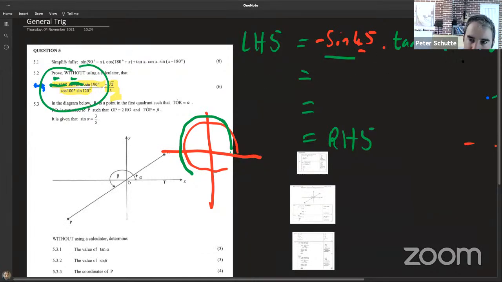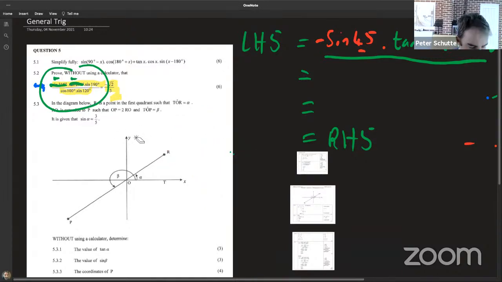And then what is the bottom part going to be? Cos of 100. I would probably use the vertical for that. So if I'm dealing with the cos of 100, it's going to be here. Now, this is a bit of judgment, but basically I'm going to say the cos of 100,